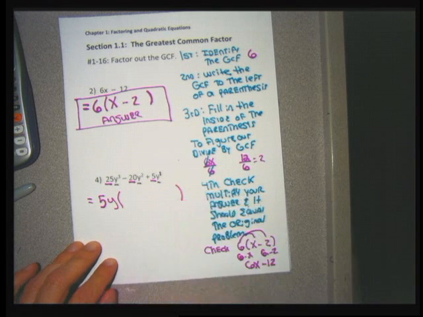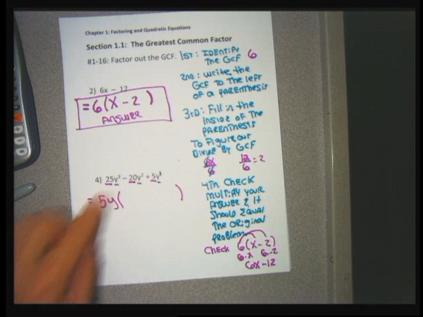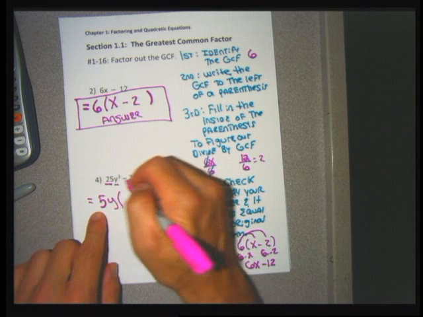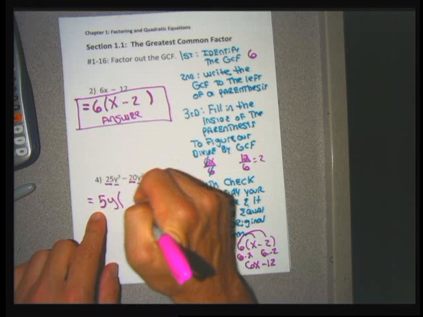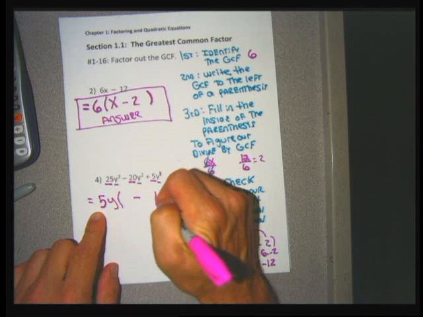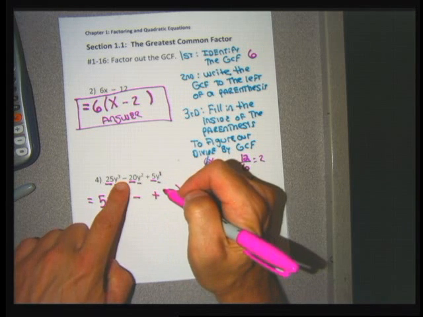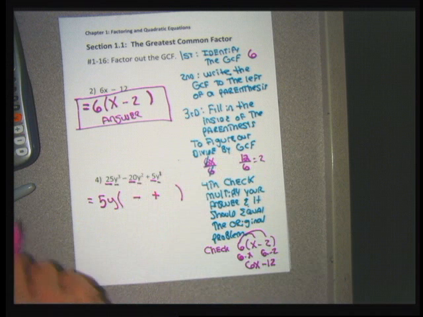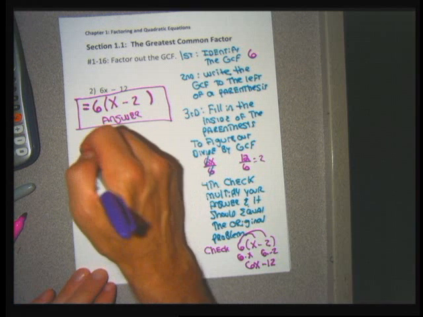Then I'm going to write a single parentheses. To figure out what goes inside the parentheses, because I didn't factor out a negative, the signs that were in the original problem are going to go inside the parentheses, so the signs were minus and plus. And now to figure out what goes inside,